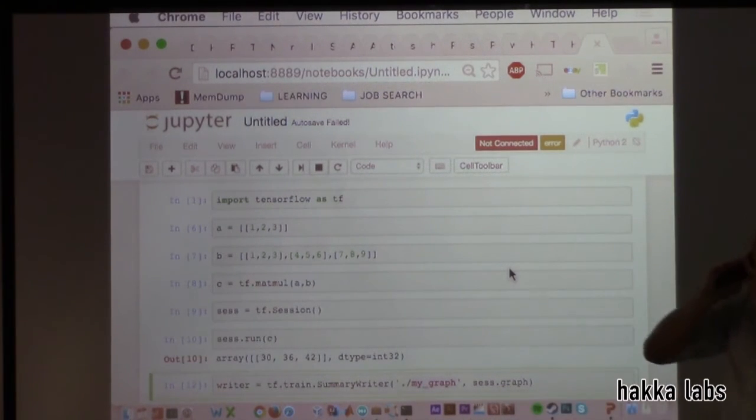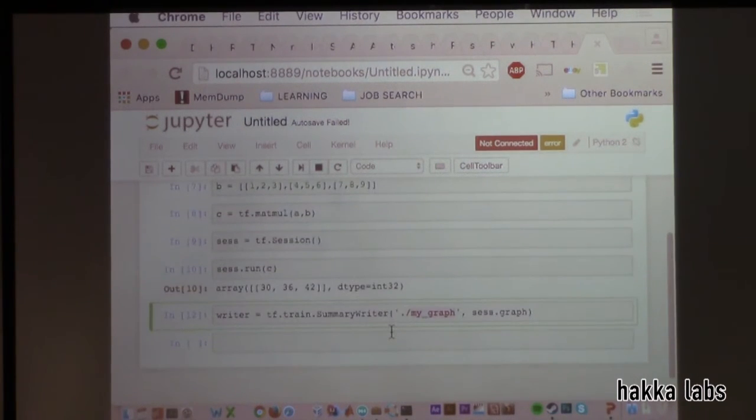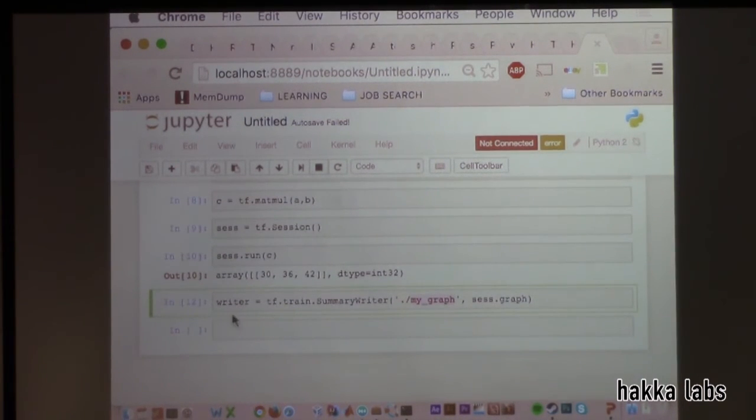You'll see that scalar data is, so just to describe what you would be doing, this writer is actually a live object. It's something you can open up and close as you would any other file writer.